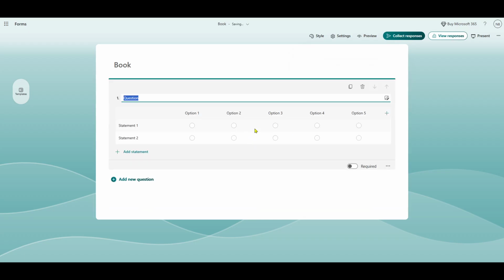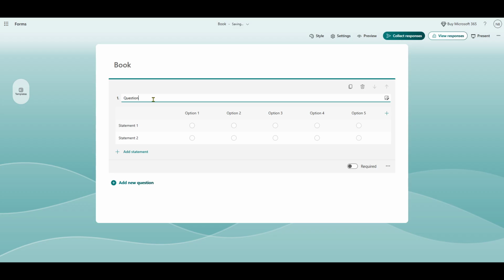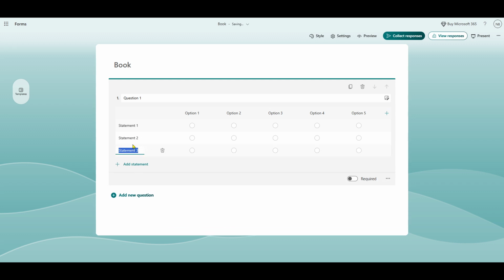Now, you can customize the scale according to your specific requirements. A Likert scale typically includes a statement or question followed by a series of options ranging from one extreme to another, such as strongly disagree to strongly agree. You can adjust these labels to fit the context of your survey more accurately. Moreover, you can modify the number of points on your scale and specify the increments, depending on the level of detail you need.